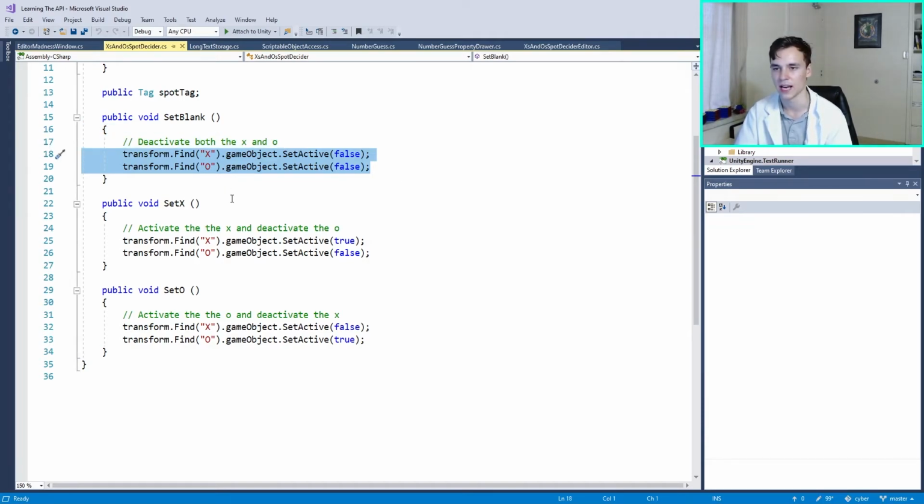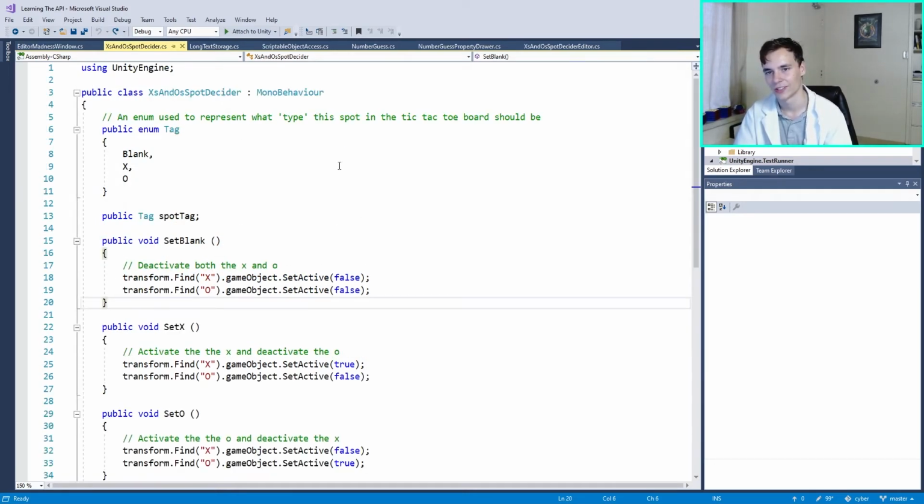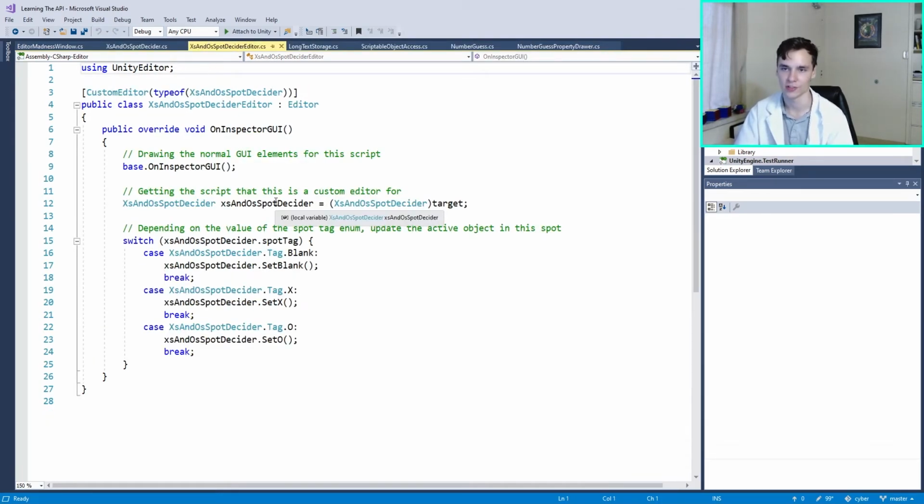If it's blank, it deactivates both. If it's X or O, then it activates that one and deactivates the others. So that's how that works. Now, you'll notice, oh, how do we actually call these functions? What's actually doing that? Well, that, my friends, is through the power of custom editor scripts, which this project is